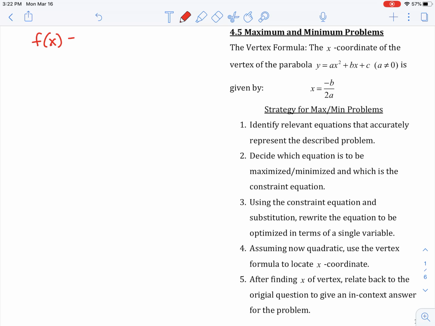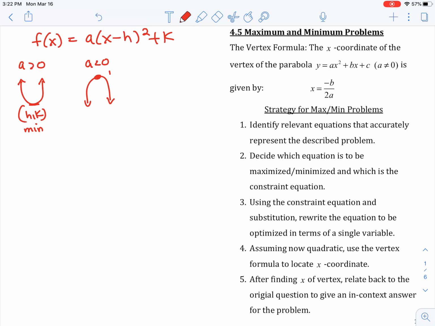And recall our vertex form was f of x is equal to a times x minus h quantity squared plus k. And we know that when a was a positive number, our parabola was opening upwards, where our vertex, (h, k), is the lowest point on our graph, which would make sense if we're talking about minimums. And if a was less than 0, that meant that our parabola is opening downwards, and that (h, k) point is going to end up being the highest point on our graph,